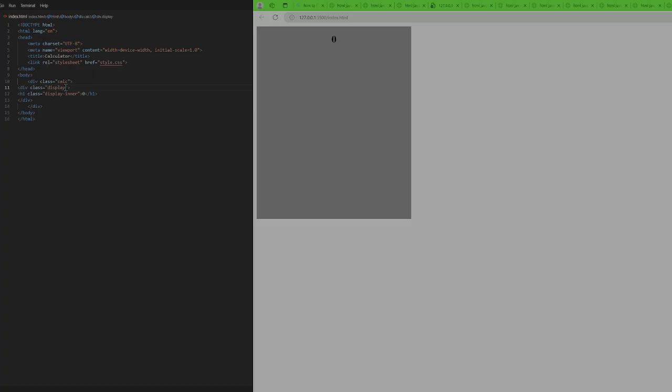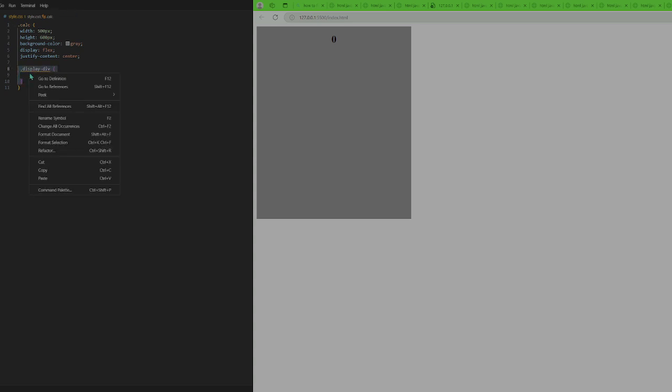I'm going to say display div. We're just going to name it that, because display won't work since it's actually a thing. So in this display div right here, we don't even need it inside. So inside this,